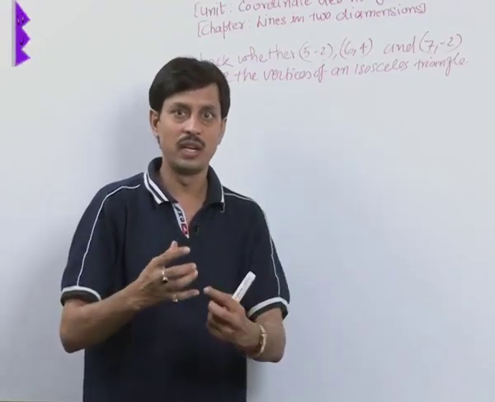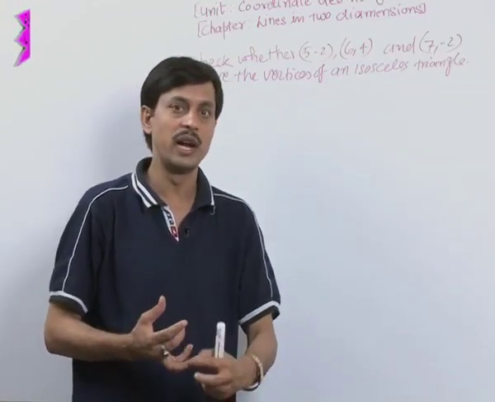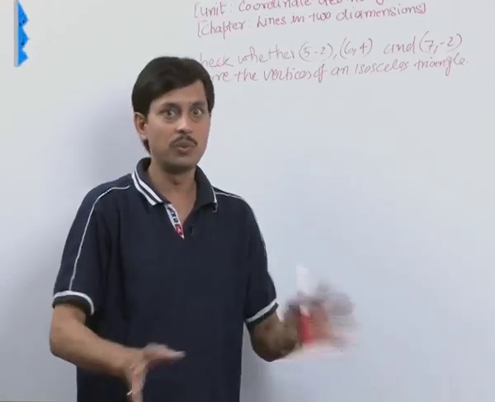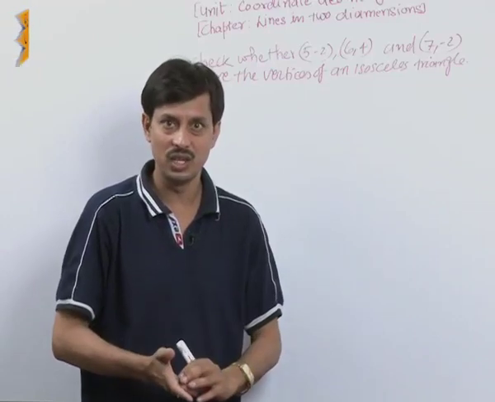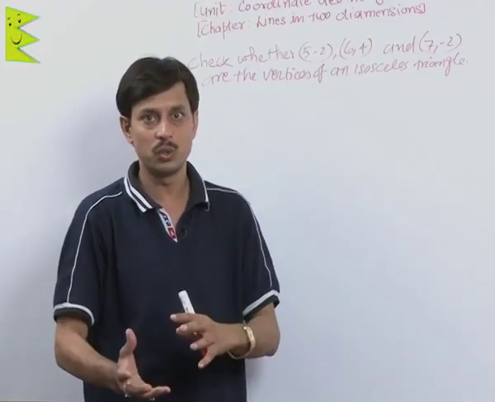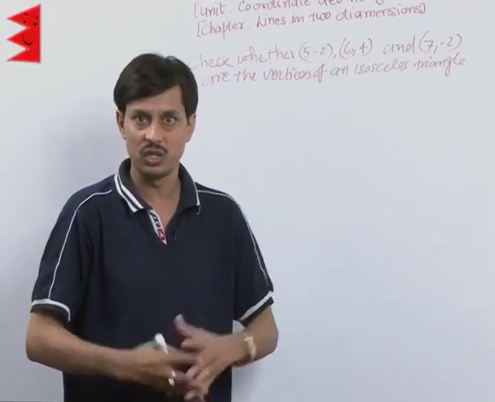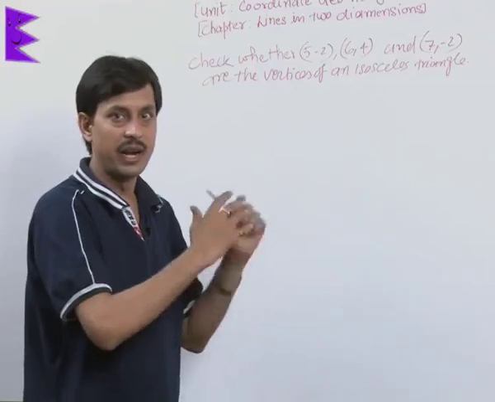To check whether the triangle is equilateral: if all sides are equal in length, it is equilateral; if 2 sides are equal, it is known as the isosceles. If none of them is equal and a triangle forms, it is known as the scalene. If the square of the largest one is equal to the sum of squares of the other two sides, it is known as a right triangle.